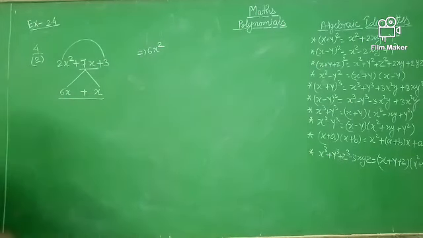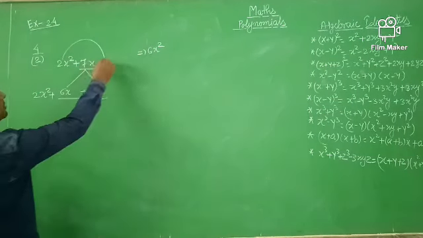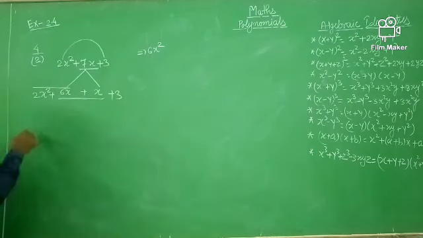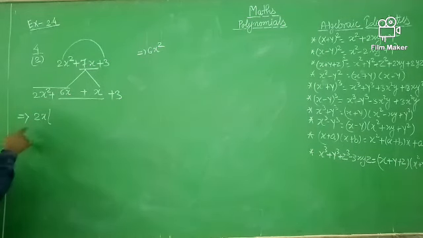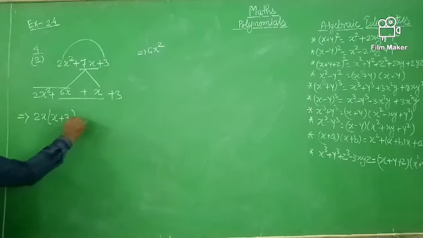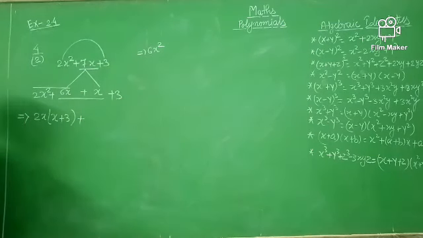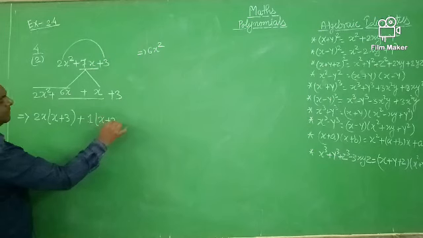Okay, so here you write 2x square plus 6x plus x plus 3. You take the common in the first two terms. In the first two terms, here is a 2 and here is a 6, so 2 is common. Here is x square and here is x, so x is also common. You take 2x common, so x plus 2 threes are 6, plus here only x and there is a 3. If there is only x, then you definitely take 1 common, so x plus 3.